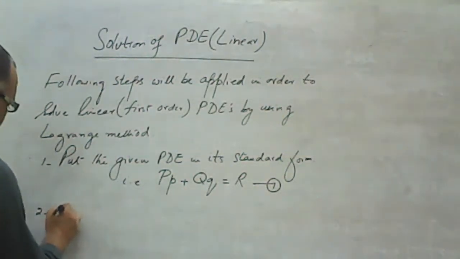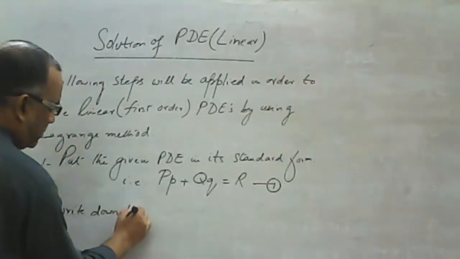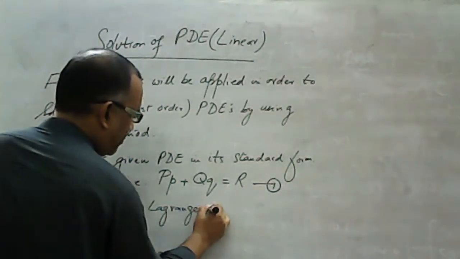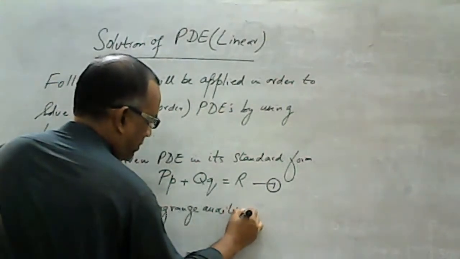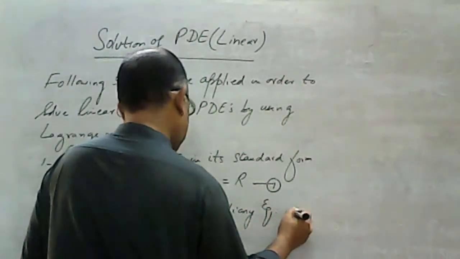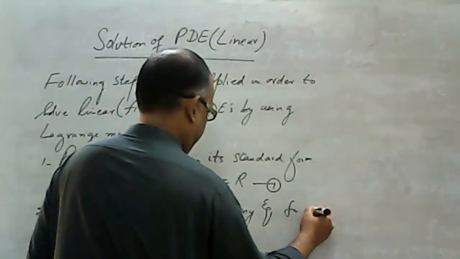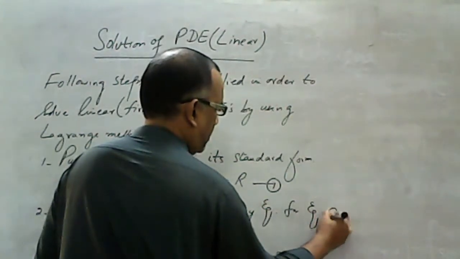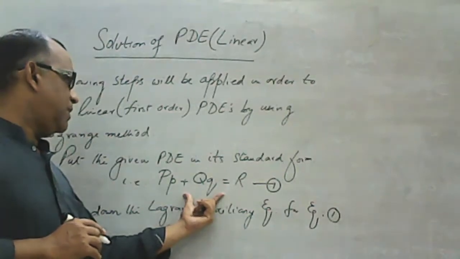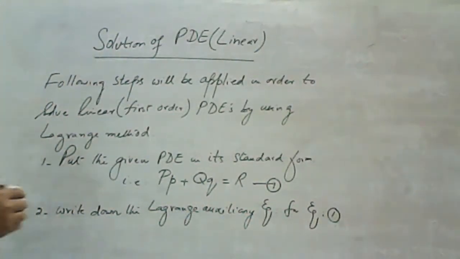Then step number two is write down the Lagrange auxiliary equation for equation 1. If the given equation is in its standard form, then we will write the Lagrange auxiliary equation for this one,